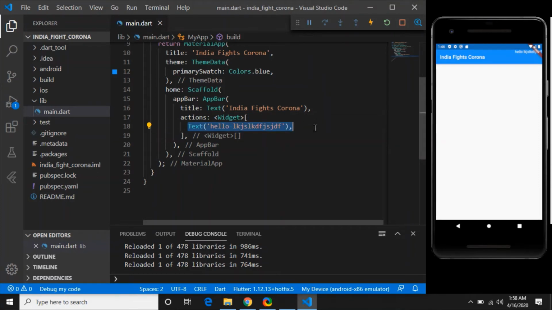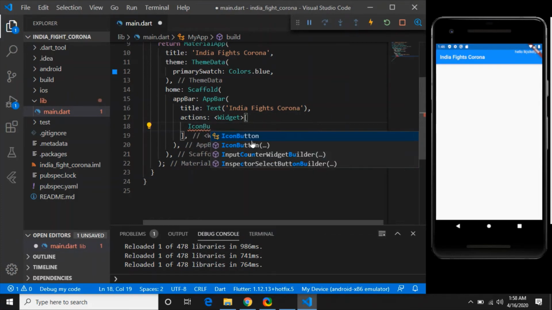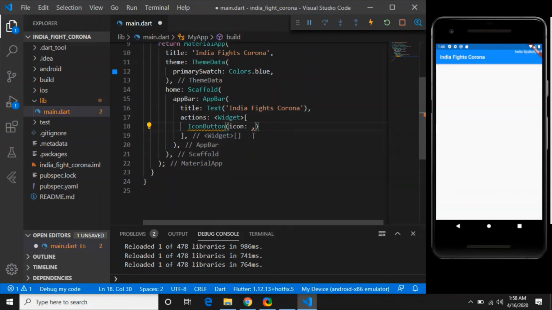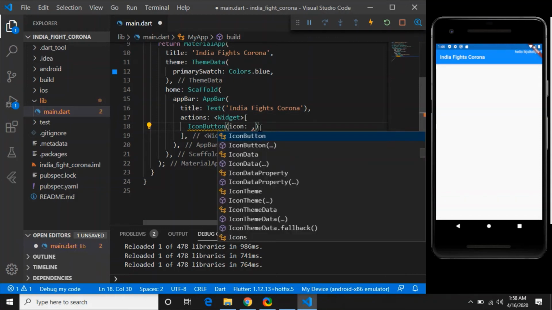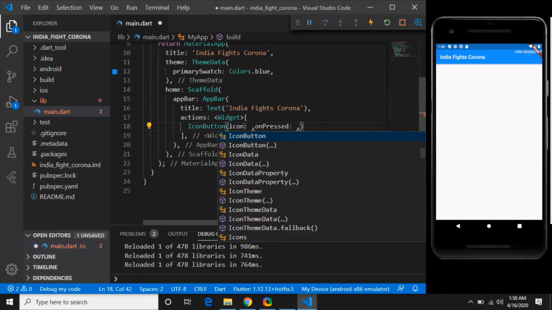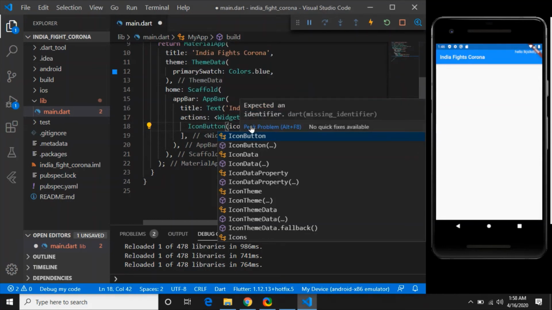So I will write IconButton and click on it. For icon button, icon is a must, and onPressed is a must. So these two are a must, and you have to define them.